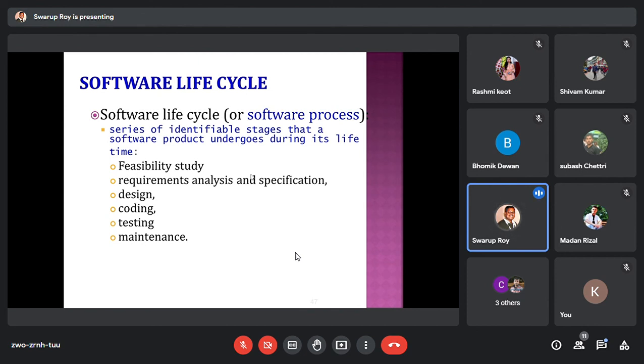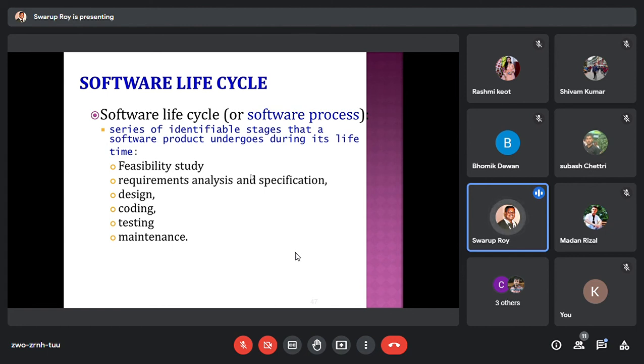Consider car manufacturing: you have to have an engine separately developed, then fit it with the chassis, then fit your wheels, steering, doors, painting, testing, and then the car will come. So the car development has a life cycle, where it starts and where it ends till the development of that particular car.